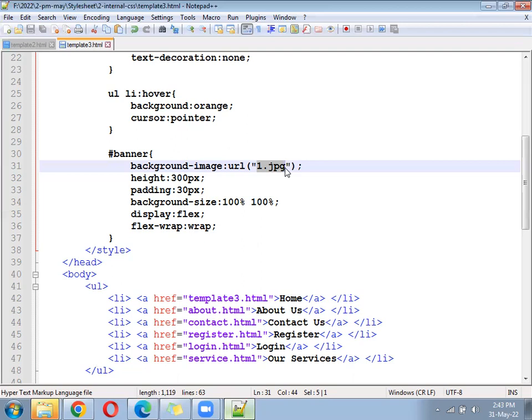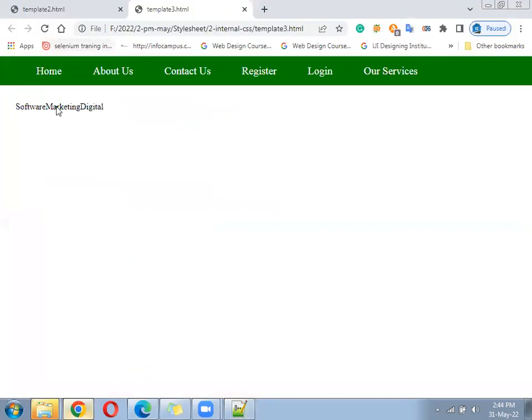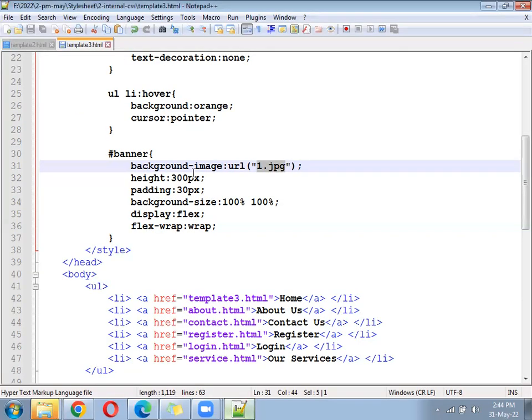Is the photo coming on? It should be like this here. Digital marketing, software, all should be in one line. Because what you have done here, look here. You have made for banner, and inside the banner we added the display as flex. Flex wrap, I will cut it first. You need to understand flex wrap, what is that? Display flex you remove now. Still your all three blocks will come in one line.